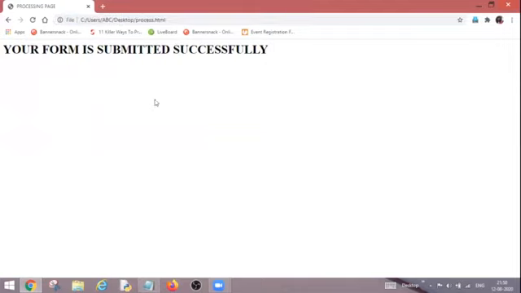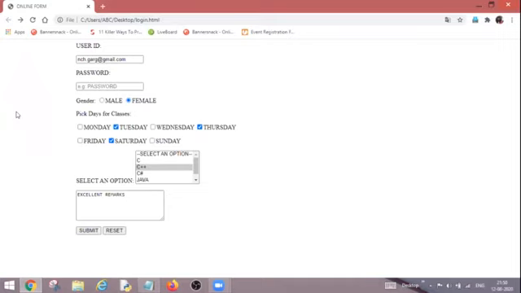Okay, after submitting the form, what do I want? I want to fill the form again with another ID. So for that, what do I need to do? I need to click upon this back button. And after clicking on this, what am I observing? That the values which were filled by me are still here. That means this is my email ID nch.garg@gmail.com. Female I selected as a gender. Tuesday, Thursday and Saturday I selected as my days for the classes. The courses I selected as C++ and Python. And the remarks which I entered as excellent remarks are the same, as it is over here in my form.